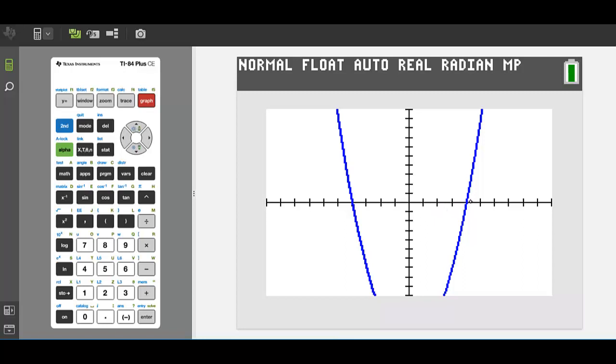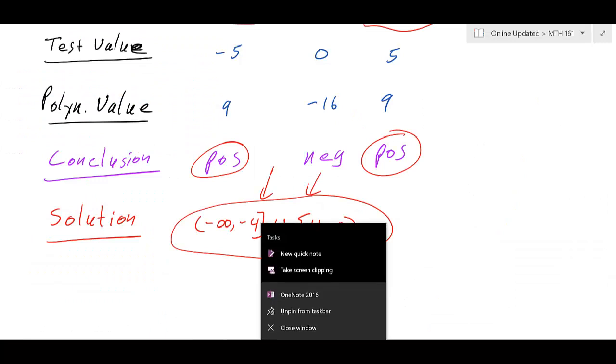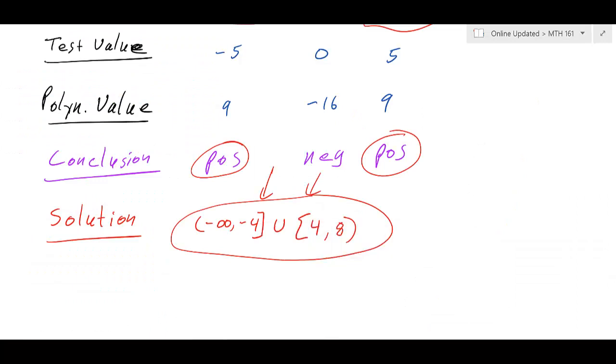And then over here at positive 4 to infinity, you're getting this part of the graph, which is also above the x-axis. So that corresponds to our solution here for negative infinity to negative 4, and then from 4 to, whoops, not 8, this should be to